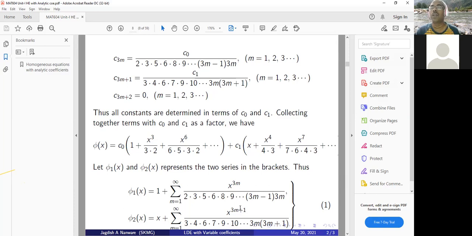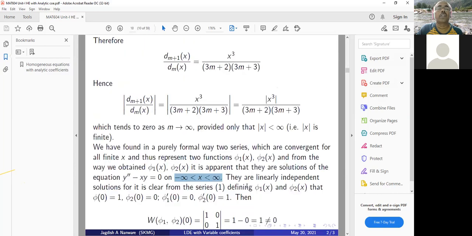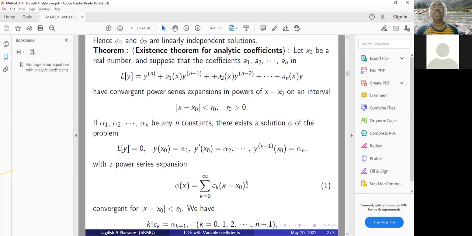With this example, I conclude here, and in the next lecture, we will proceed to the existence theorem for homogeneous equations with analytic coefficients. So if you have any question regarding this discussion,